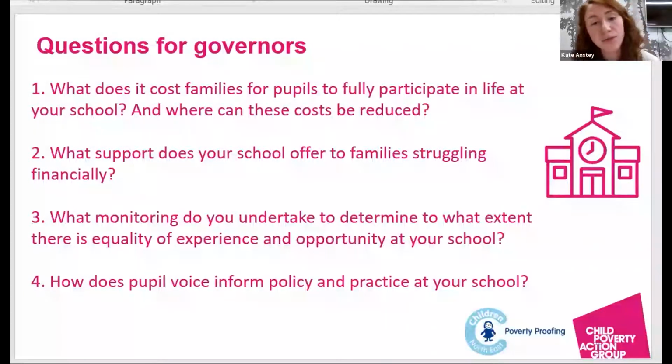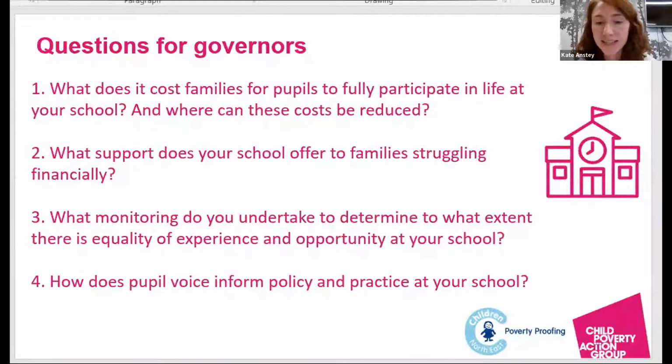Again, looking at the different things that you offer at your school, monitoring who takes part in them. Is it the same children that are going on the school trips and going to the after school clubs? And are there some children that are constantly missing out on these experiences or opportunities? Monitoring can be a really helpful way of making sure that there is equity of experience within your school. And then finally, but probably most importantly, how does your pupil voice inform policy and practice